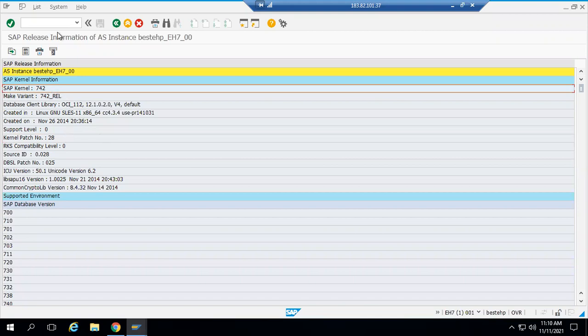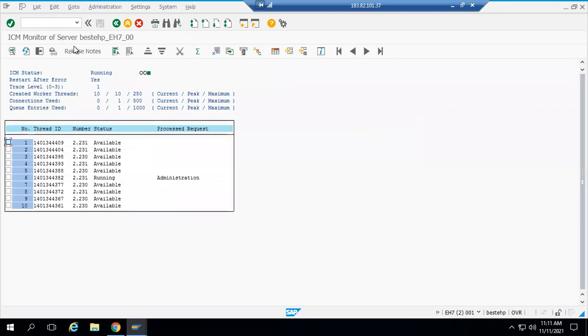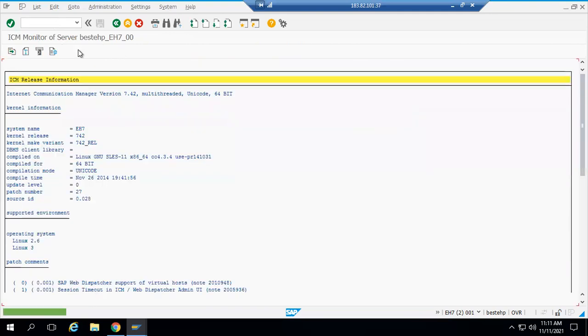So this is one way, from SM51. From another T-code, go to SMICM, click on release notes.